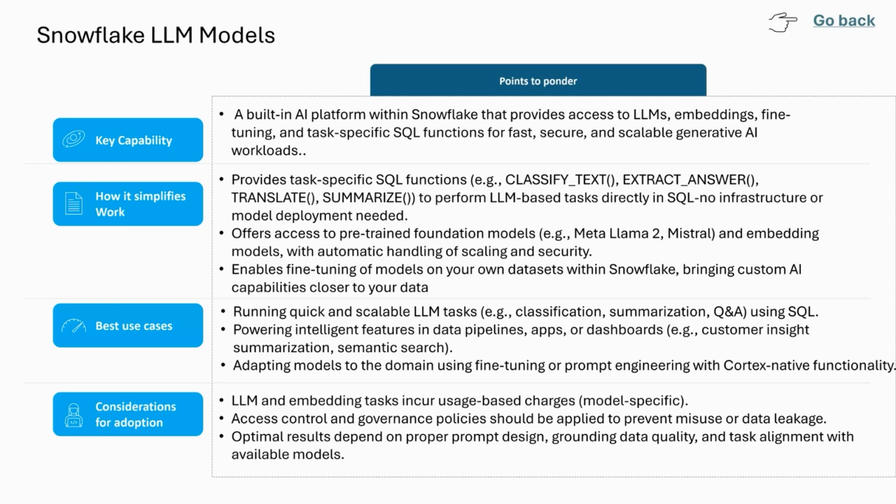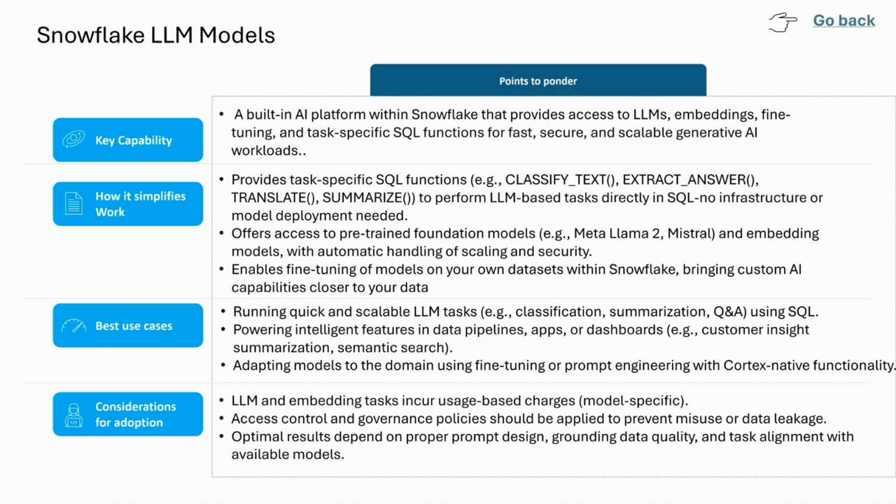It gives users access to the different LLMs, and we can take any of the LLMs and fine tune it as per the custom requirement we have.